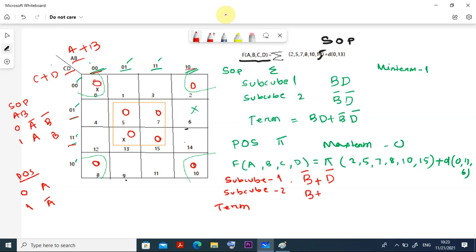Okay, then you put a plus sign, and if you compare this row and this row, then you will find the last 0 is common. What is 0? Because it is 0 0 and 1 0, the last 0 is common, so 0 is D. Okay, B plus D. Can you see it here? So this is the thing. So if I go for the final term, because it is product of sum, it will be complement of B plus complement of D, into B plus D. Got it now?